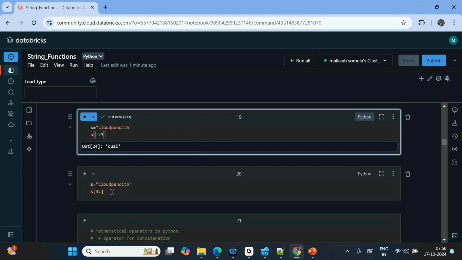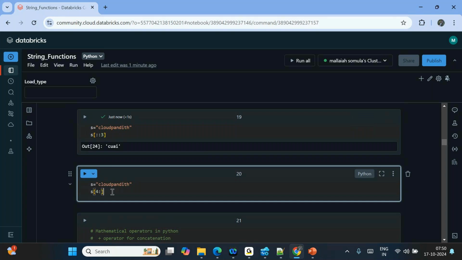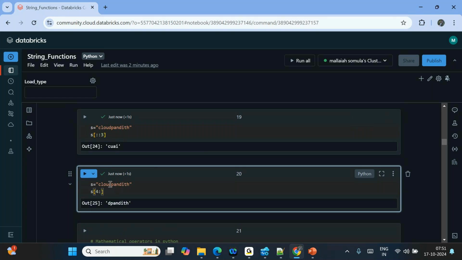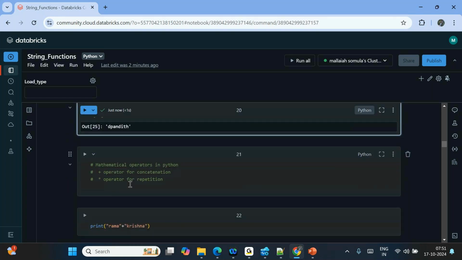Okay. So what values will it give me? Tell me. D Pandit. Very good. That's correct. From the fourth index onwards there is no ending index, so it gives everything. So D Pandit is the correct answer. Next,